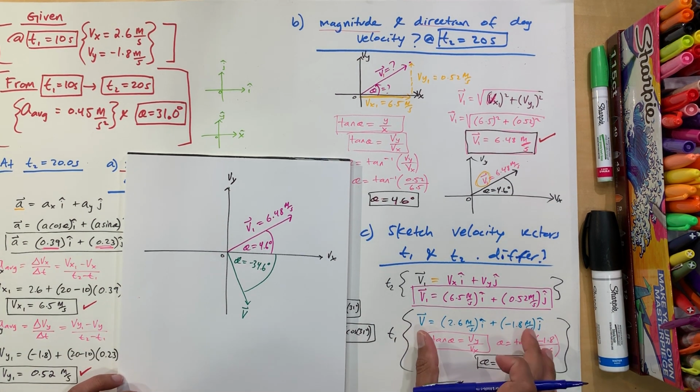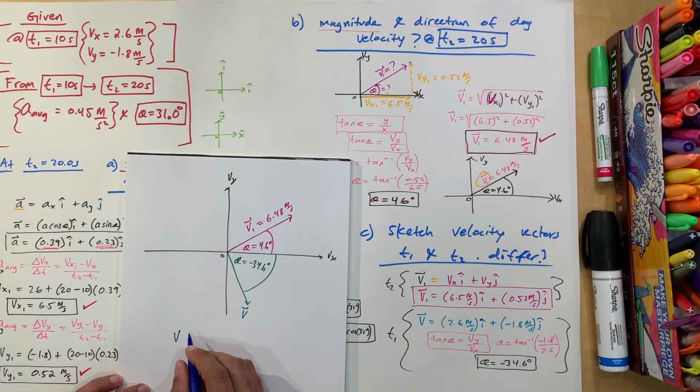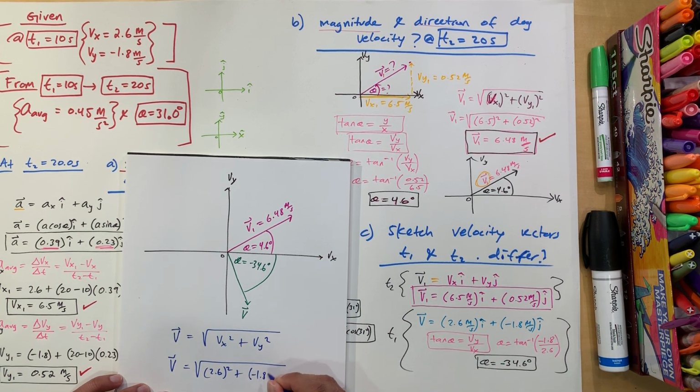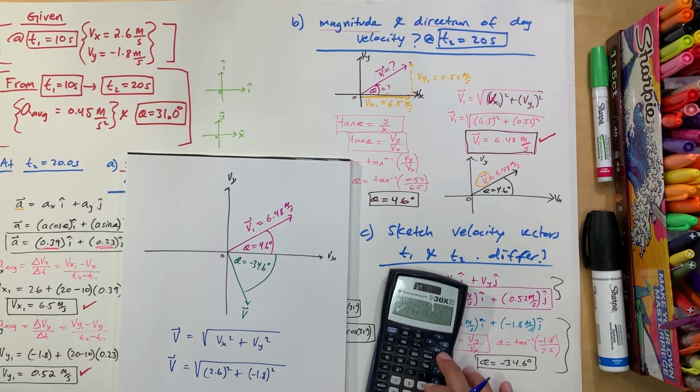The magnitude is gonna equal the square root of Vx squared plus Vy squared. And so Vx is 2.6 meters per second, and Vy is negative 1.8 meters per second. So calculator,